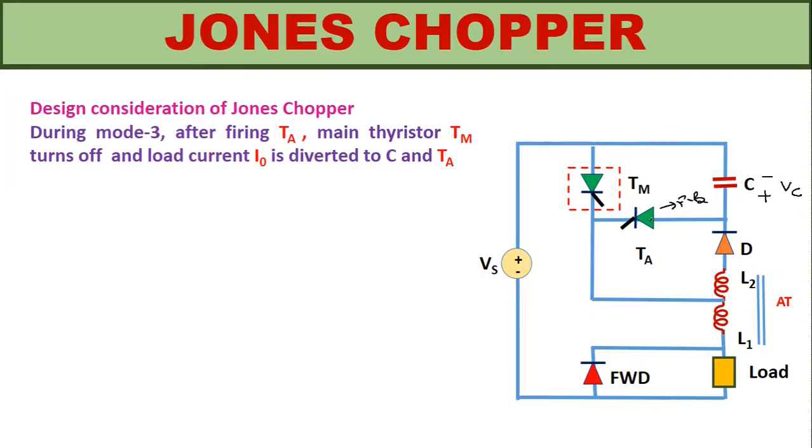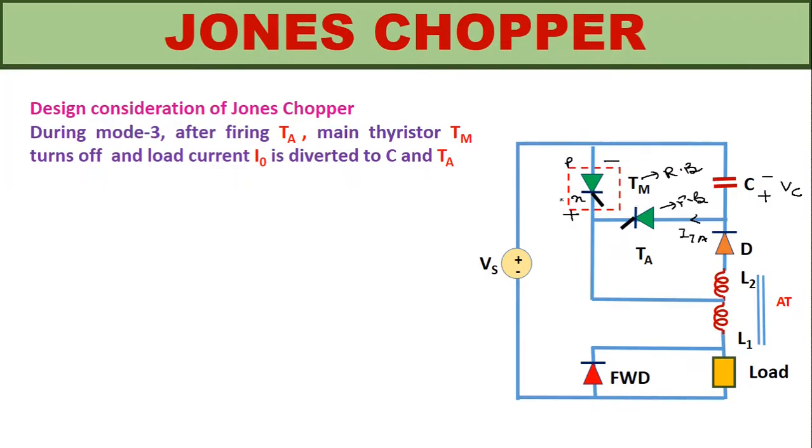So in the mode number 3, when we give the trigger pulse to the auxiliary thyristor, it will go into the on condition and starts conducting the current ITA through it. So as soon as it will go into the on condition, it will act as short circuit and this voltage across the capacitor will apply to the main thyristor. So P side of the main thyristor will get this negative polarity and N side of this main thyristor will get the positive polarity. Because of this main thyristor will go into the reverse bias condition and eventually it will go into the off condition and it will act as open circuit.